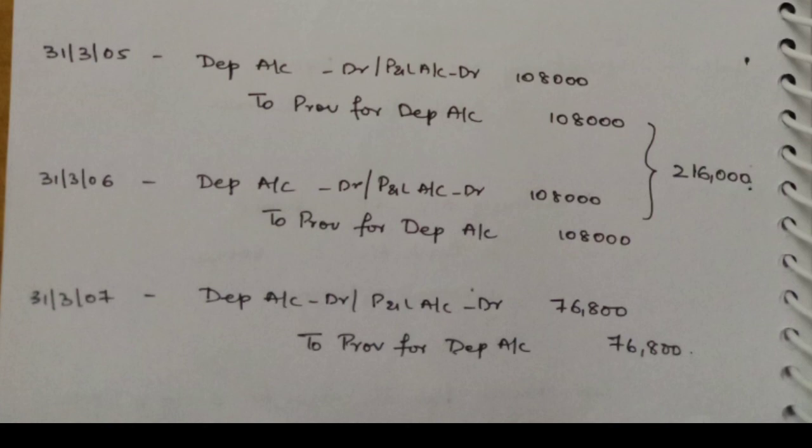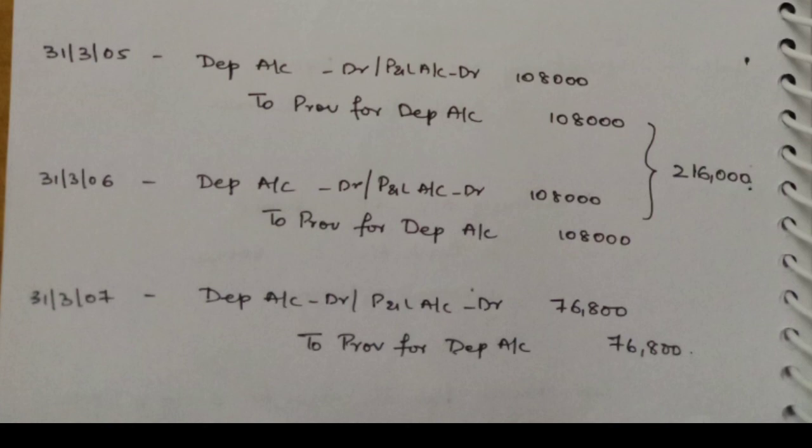What is the depreciation amount for the first year? That is 1,08,000. So we will calculate it like this. Depreciation account debit to provision for depreciation account. See, ultimately this depreciation will go to the P&L account debit side. So if you debit the depreciation account or if you debit the P&L account, the thing is the same. If you debit the P&L account, in brackets you need to write the depreciation. Otherwise, depreciation account debit to provision for depreciation account is one entry, and P&L account debit to depreciation is another entry